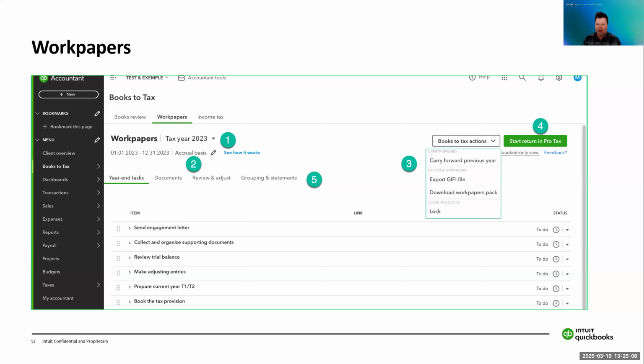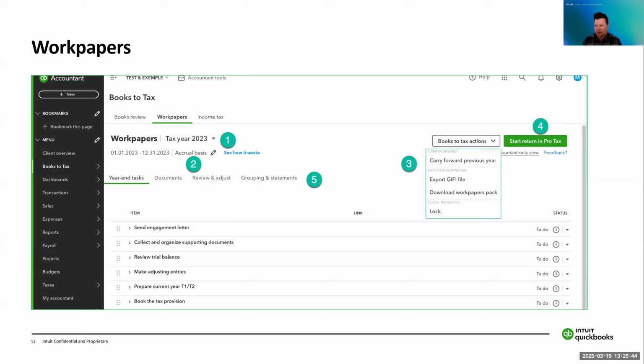From the work papers workspace, you can do things like, Bubble One shows selecting the fiscal year. In a T1 environment, in a self-employed environment, your fiscal year is the calendar year, so it's always January to December. You can also choose the accounting method. In Canada, we have two methods of accounting, the cash basis or the accrual basis. But primarily in Canada, you have to use the accrual basis of accounting.